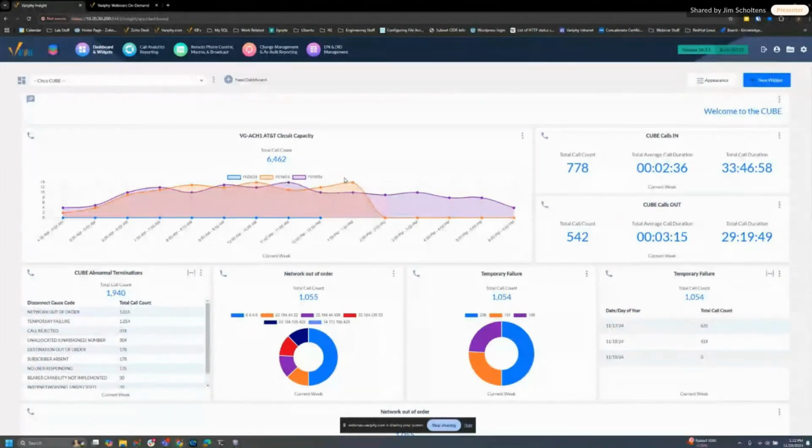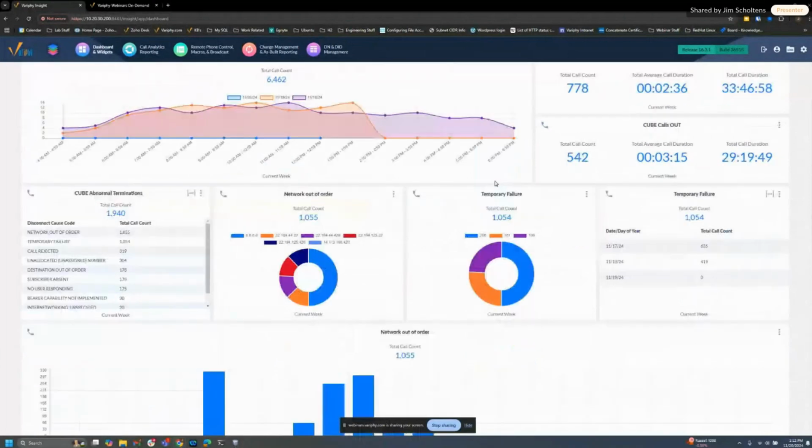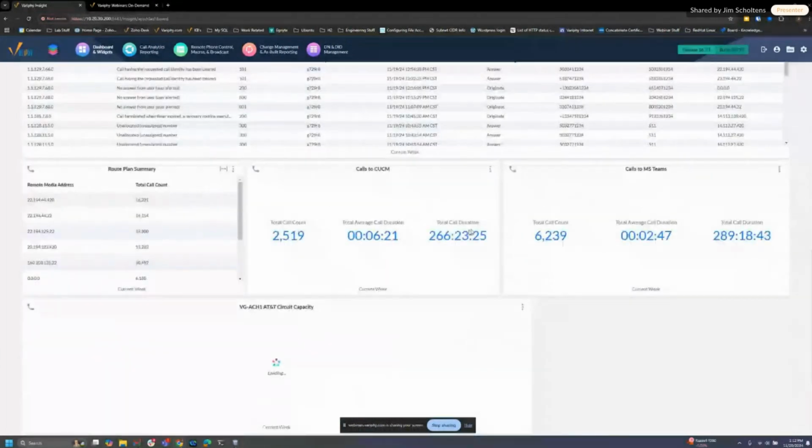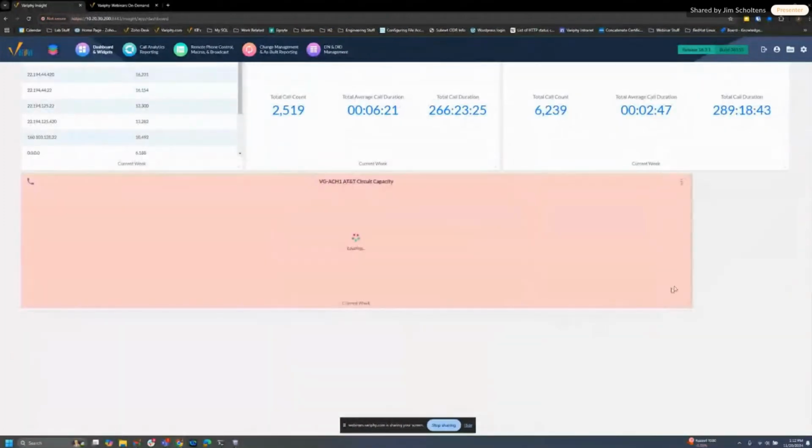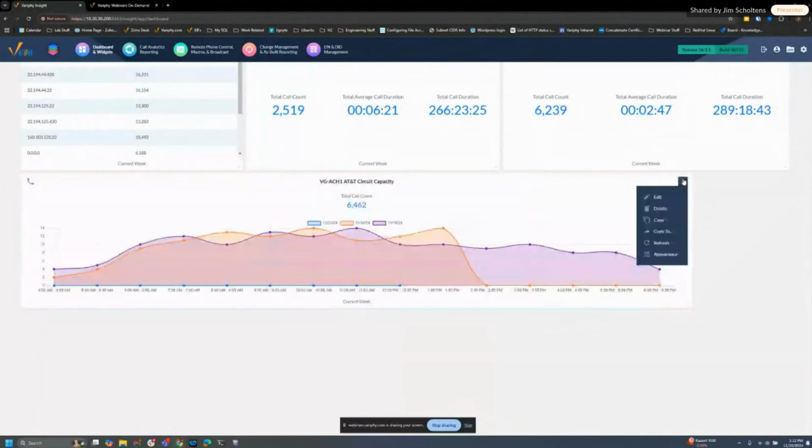Let's say that's too broad of a range. I want to more focus down on what was a better time frame or more accurate time frame than a whole hour. So what I can do is make a copy of this widget. And when I make a copy, since I've got all these widgets taking up space, it's going to put it at the bottom of the screen. Let's expand this out. And if I edit this,